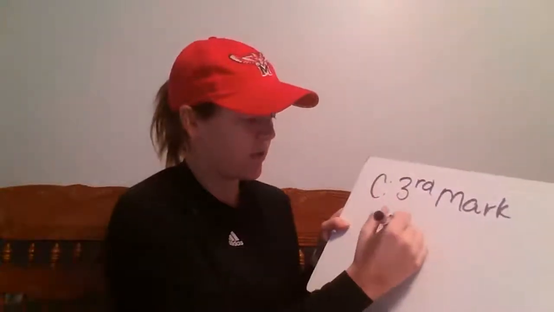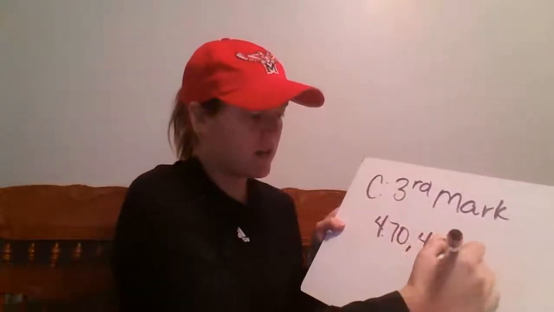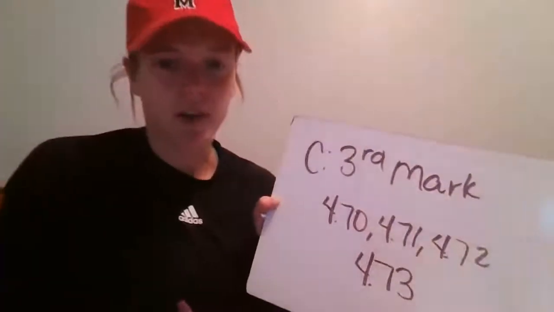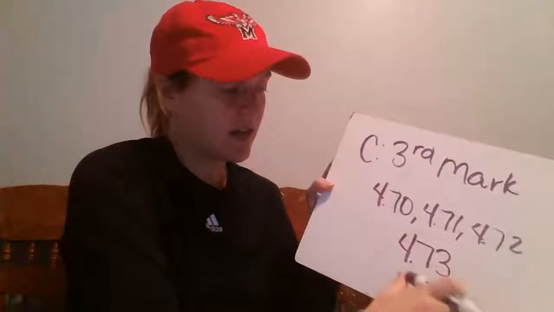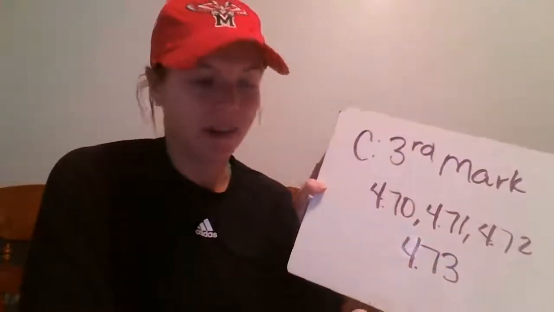So we're going from 4.70, 4.71, 4.72, and then the 3rd mark, we're going to land on 4.73. Okay, so you'll find if you just keep counting, you're going to count 10 tick marks, and then once you hit the 3rd one, you're going to land on point C. Okay, so that is example 3, and we'll finish up with example 4, and then you guys can get started